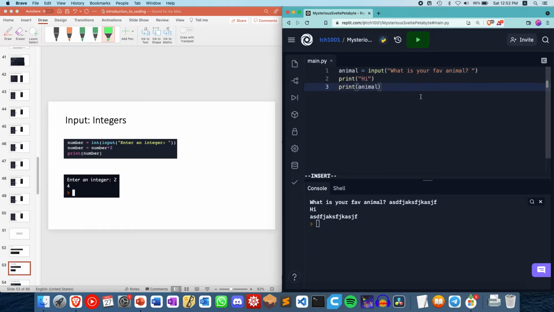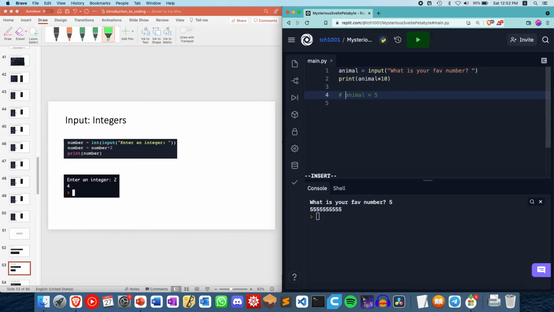Okay, so what if I want to input integers? Because currently the problem is that if I try to ask for user input and multiply by 2, say I ask, what is your favorite number, and I store it in this variable called animal, and I try to print the number times 10. If I type 5, it's going to print 5, but right now what's happening is that it's actually interpreting animal as a word, meaning that instead of animal being the value 5,